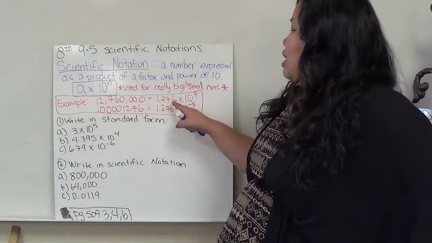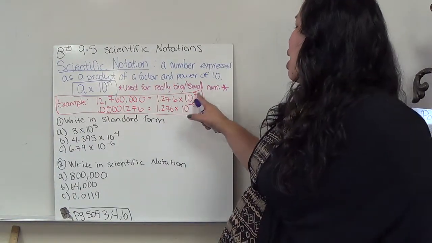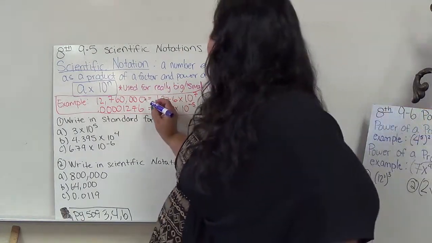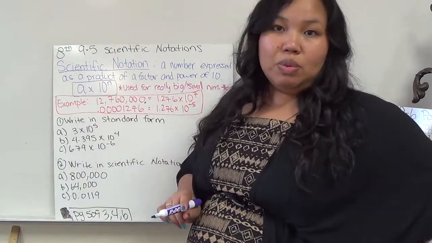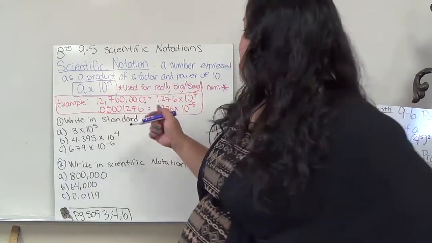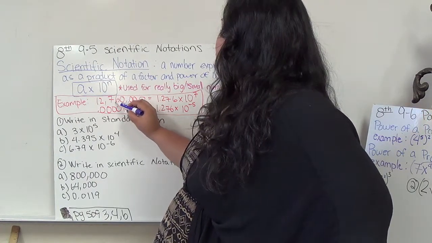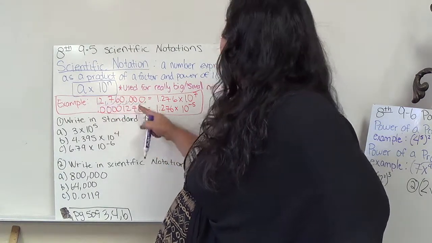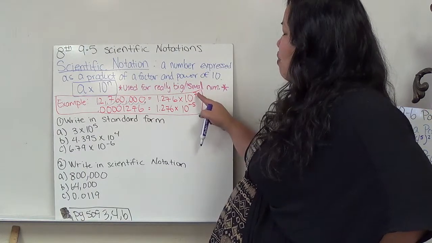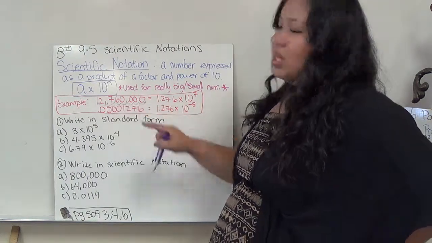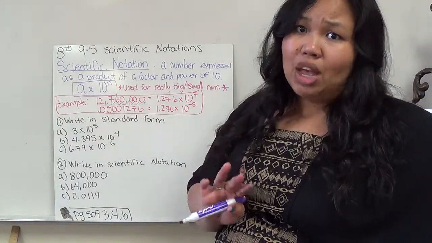Once I do that, then I see how many times I move the decimal places, and then I do 10 times whatever that is. So for example, here, the decimal point is here because this is all in front of the decimal. Because there's no decimal, I'm assuming it's all decimal. None of it is in decimal. So I moved it 1, 2, 3, 4, 5, 6, 7, right? Because it's right behind that 1. So that means if I multiply it by 10 to the power of 7, if I actually work this out, it should give me this answer. So I'm not changing the value of the numbers. It's very important. If you multiply it back out, and you get a different number,